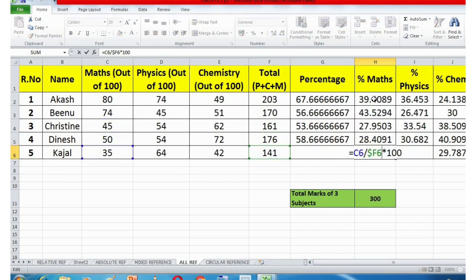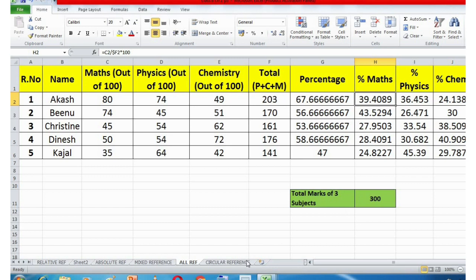This is happening because we have fixed this dollar F. That means we have fixed this column and we have kept the row numbers relative. So this has become absolute, and this part is relative. This part is also relative. So aren't we using the concepts of both relative and absolute referencing in mixed referencing? So this is how we use our mixed referencing.